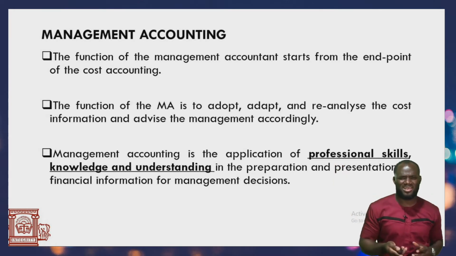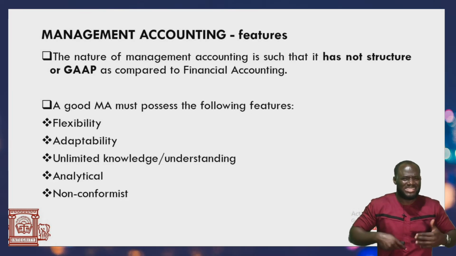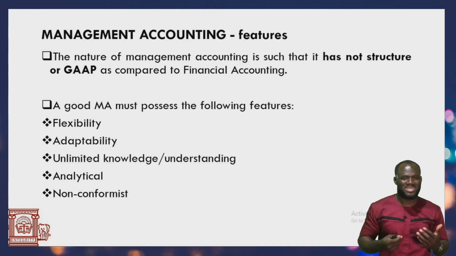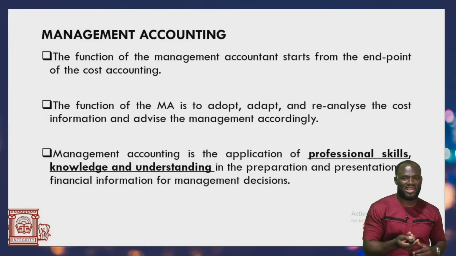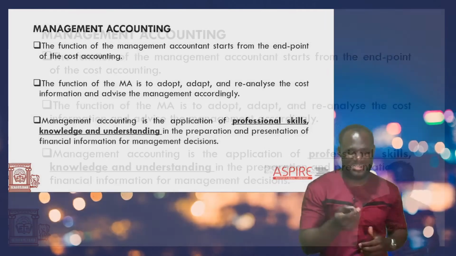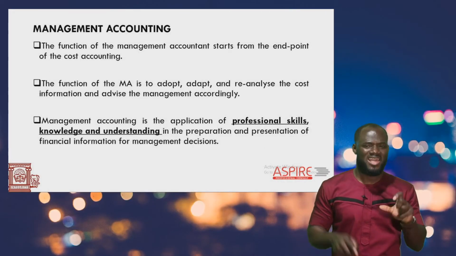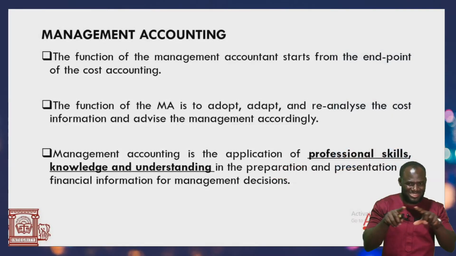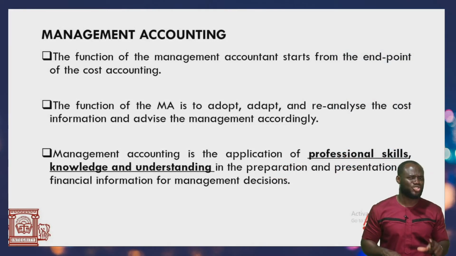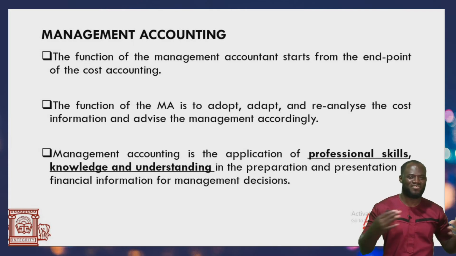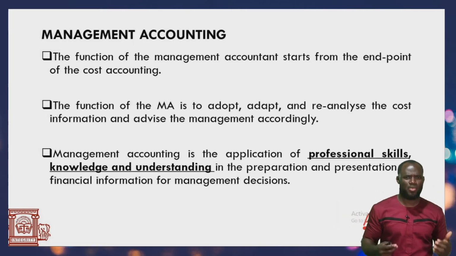So a good management accountant must always exhibit agility. You must be flexible. You must have unlimited knowledge. Because if you look at the definition here, it includes the application of professional skills or professional knowledge. Now that clause means that it's not just limited to professional skills as in accounting or as a CA. You must go to the extent of even applying economic skills. It goes to the extent of applying legal skills and HR skills. So every skill that can be exhibited from any level of professional qualification or arena would have to be adopted